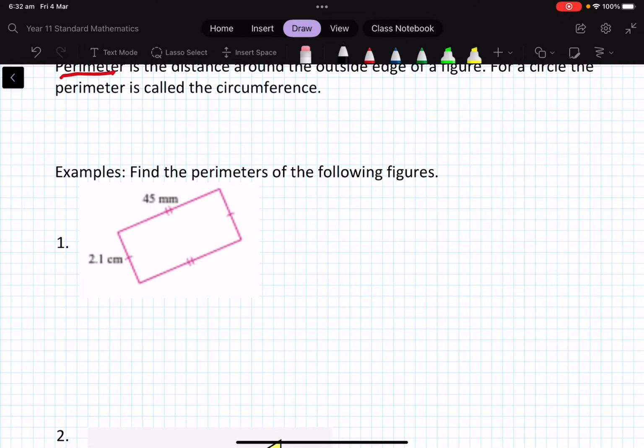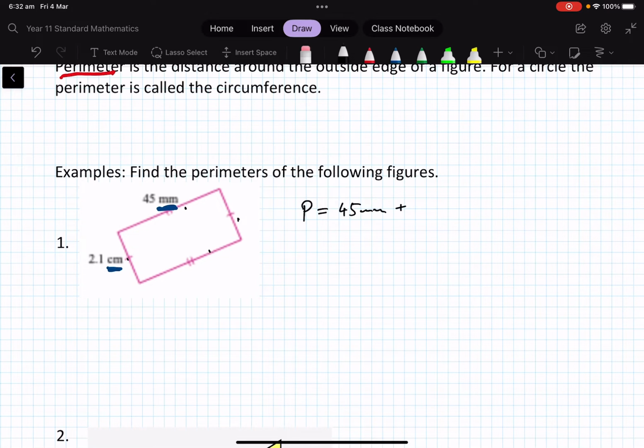So let's do the first one. We have a rectangle here. That side's equal to that, that side's equal to that. The perimeter, often given by the letter P, is going to be, now you notice what you do need to take care of is that the units are the same. We've got millimeters and centimeters here. So in one sense, I could write